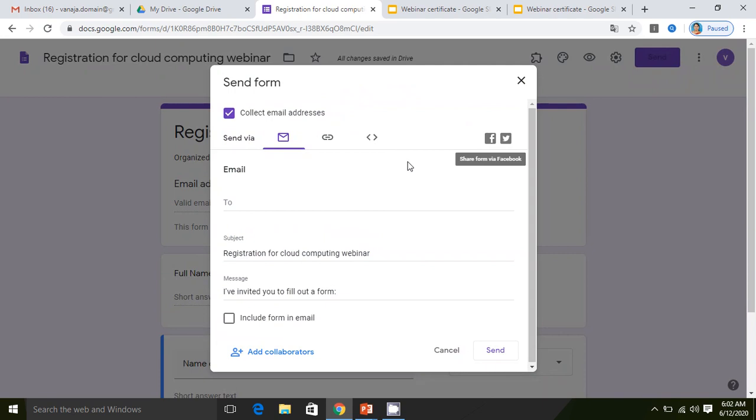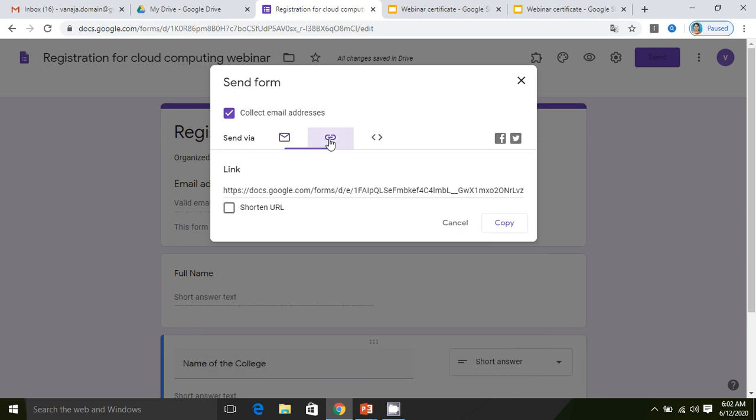Click on the send button, and you can always paste the email IDs of the participants if you know exactly who is going to participate. But in case of a big event, we may give the link on social media, and that's how the participants will get registered, right? So to do so, you can click here.